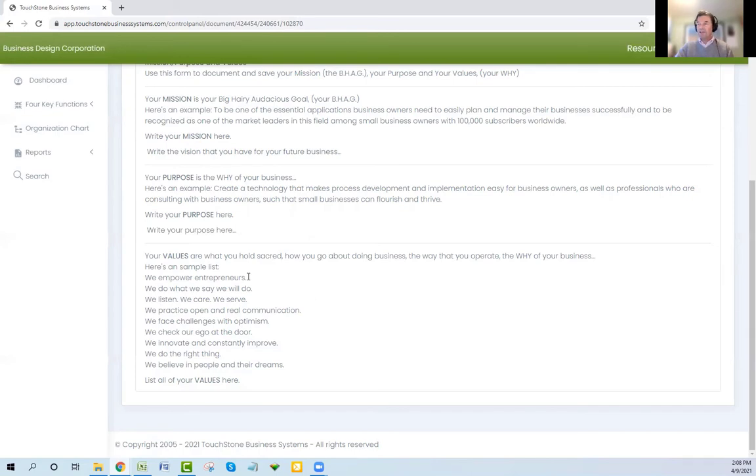And then the third thing are your values. Your values, these are the things that you hold sacred in your business, how everybody needs to conduct business. And we actually have an example set. And again, these are our values here at Business Design Corporation. And there's a set right here. But what we want to do is we want you to come down here